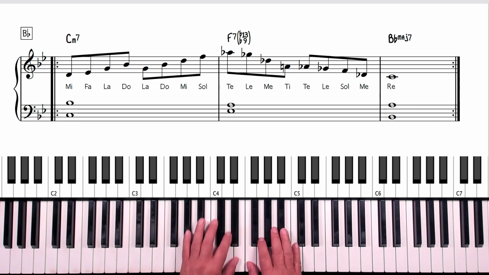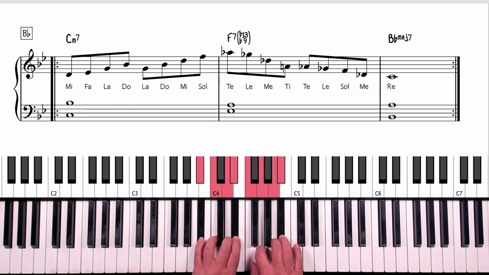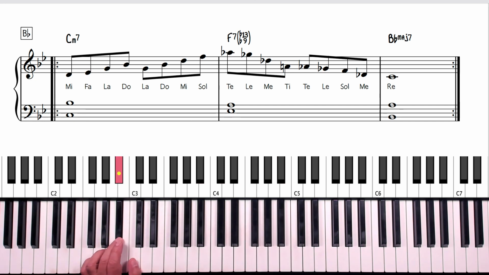Okay, so now we're in the key of B flat. Do, re, mi, fa, sol, la, ti, do. And now we're going to rest. Key of B flat. Left hand pedal, right hand, we're going to sing, and left hand is just going to do pedal on the key. Mi, fa, la, do, mi, sol, te, le, me, ti, te, le, sol, me, re. Once more. Mi, fa, la, do, mi, sol, te, le,